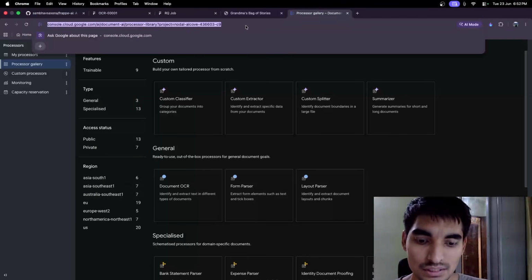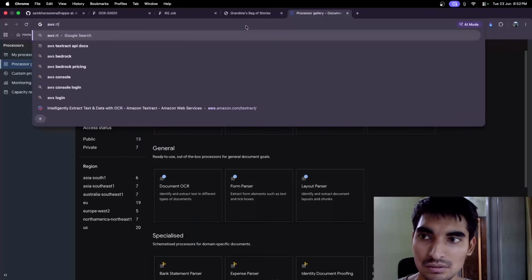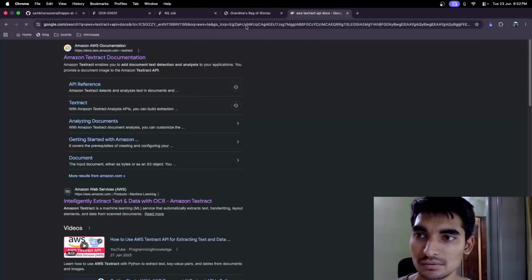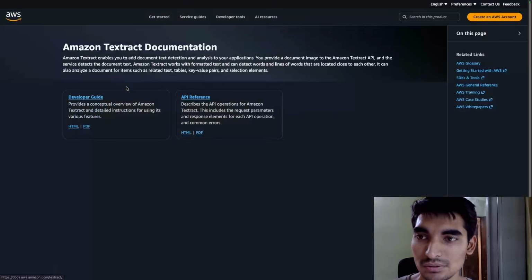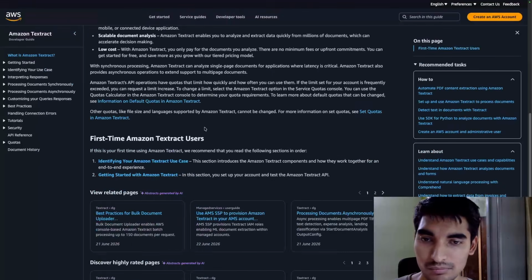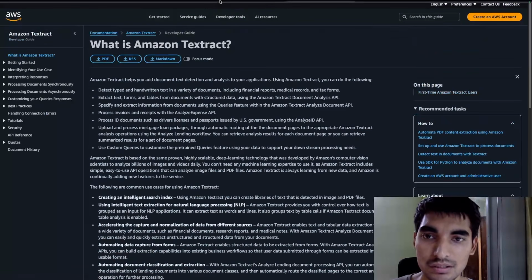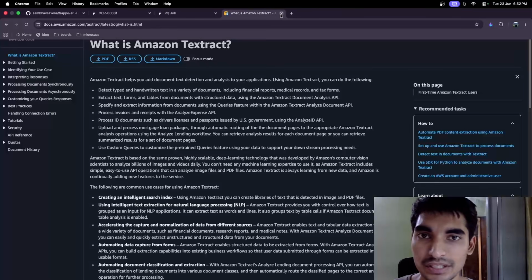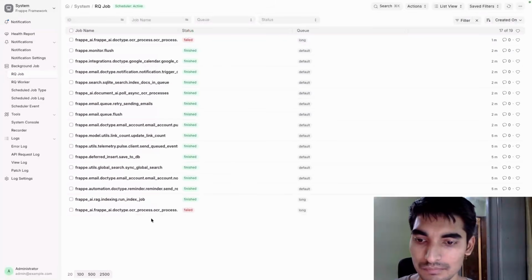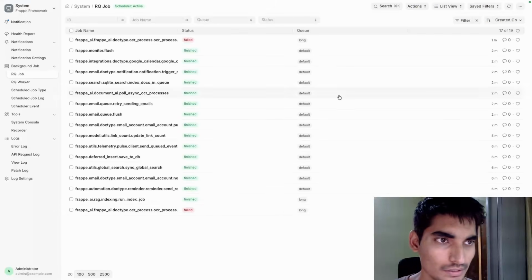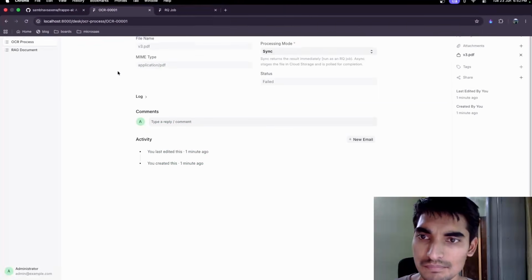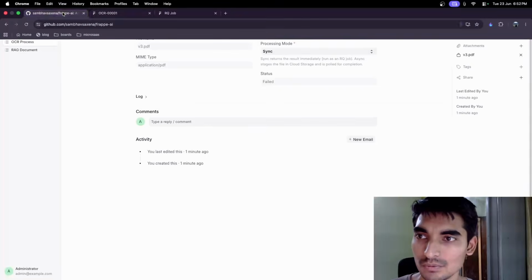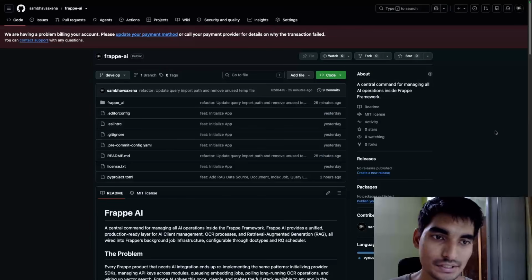We also have something known as AWS Extract. I was also looking to implement this, so you can see that we've already visited this a number of times. But yeah, we'll be coming out with this implementation real soon. So that's pretty much about this video. I think post everything goes well, we're done with the implementation.